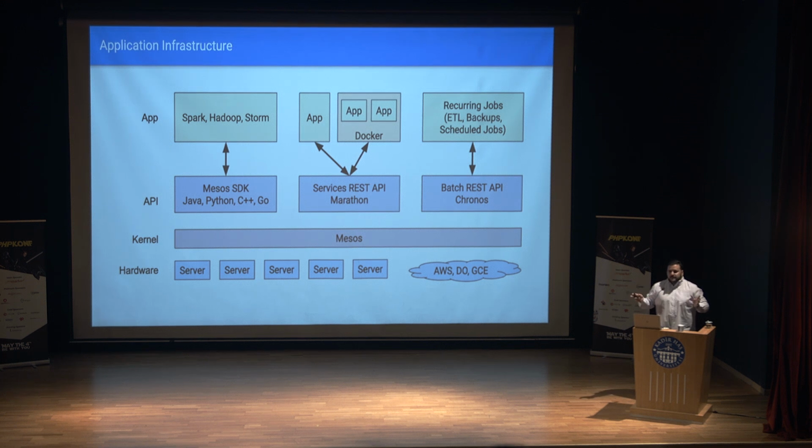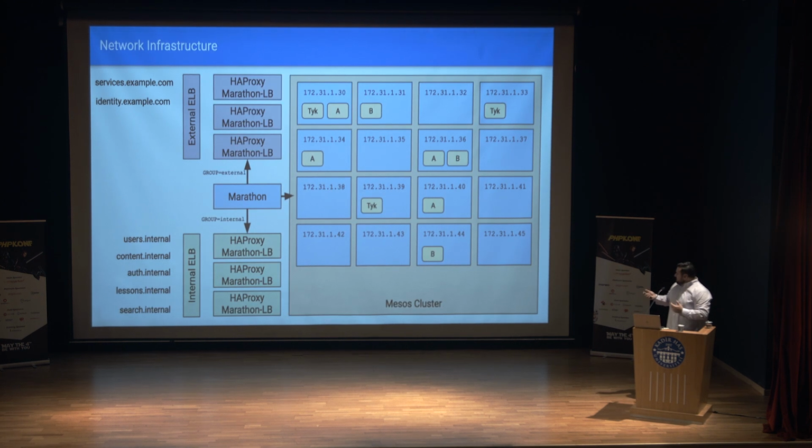So all of our compute was managed by one system, both for our big data systems as well as our production infrastructure. And what this basically meant was we have a cluster of servers, and we're running containers on some of them, and we're using load balancers to be able to direct traffic in. And so an actual external request would come in, bounce back and forth, hit our API gateway, Tyk. Tyk knows to forward that to an internal service, which then goes through the internal requests